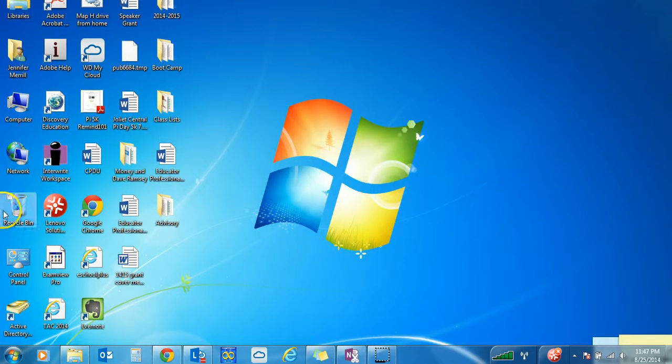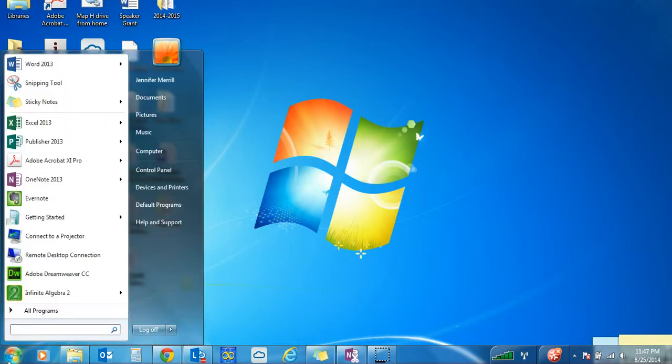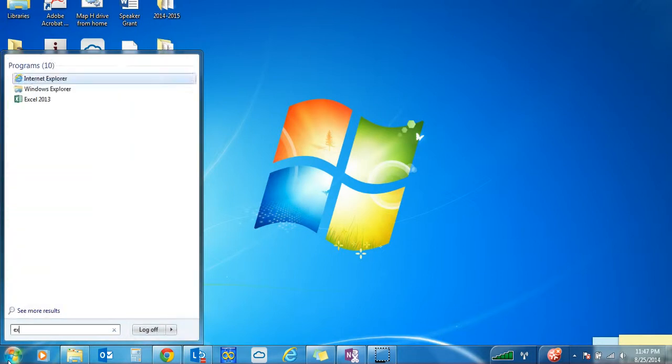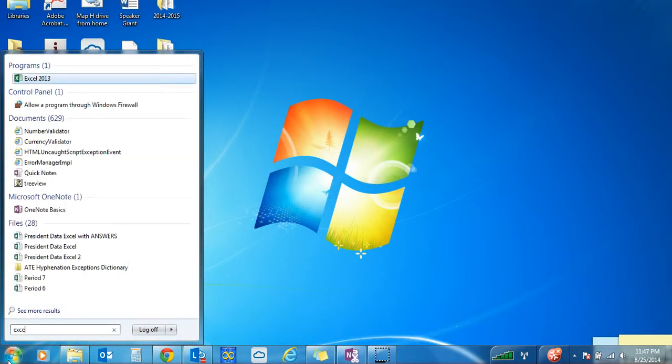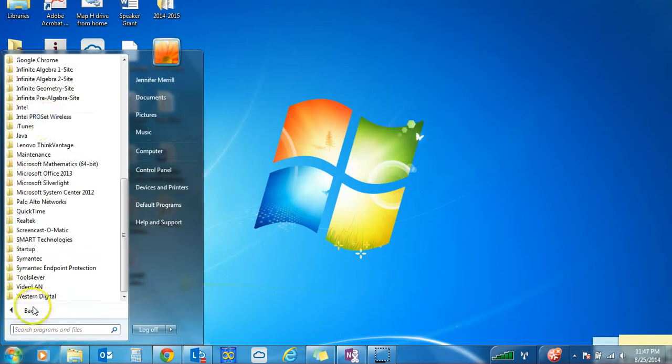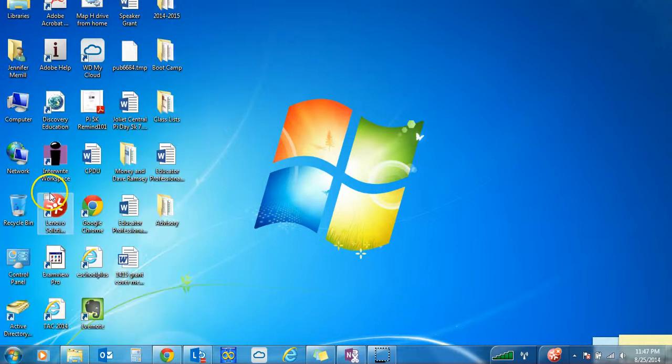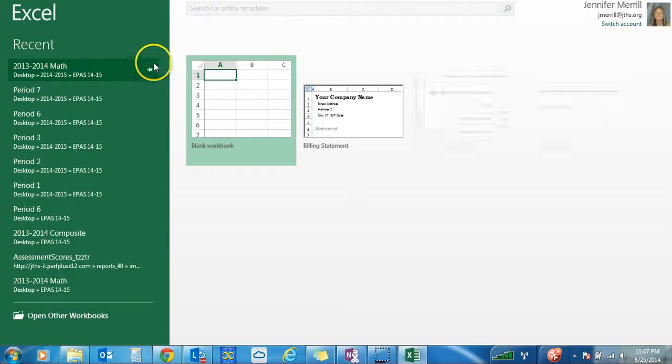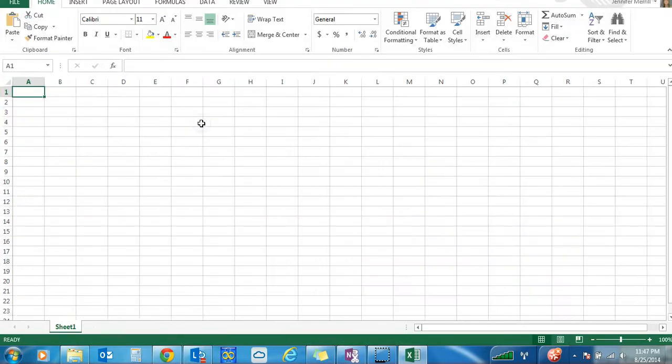One of the programs I like to use the most with this unit is Microsoft Excel. There's two ways to find it. You can either start at the bottom left hand corner and type in Excel, E-X-C-E-L, and it will pop up. Or you can click on all programs, go to Microsoft Office 2013, and then click on Excel. Either method works. I'm going to click on blank workbook,